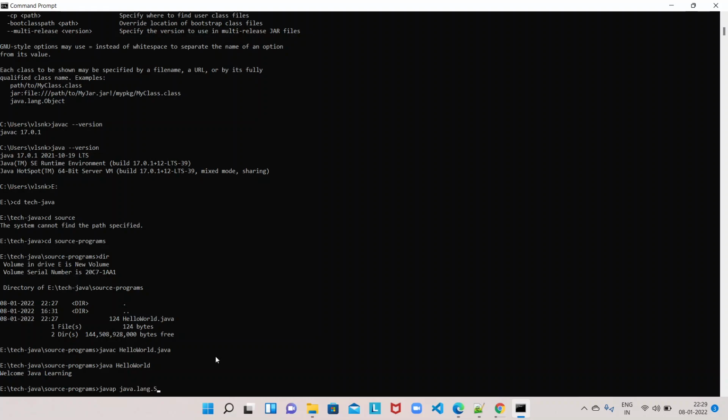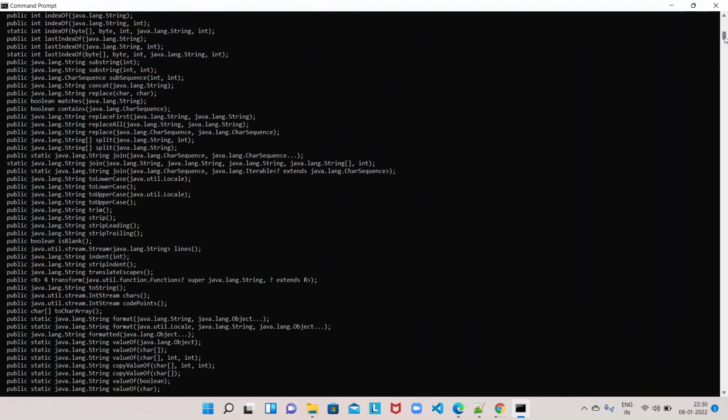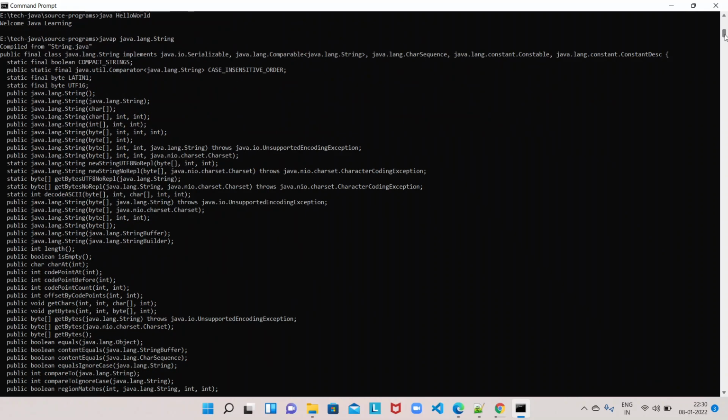See, this is one of the classes present in your Java libraries. Okay, javap java.lang.String. So the fully qualified class name we have to pass to the javap command. See, these are all the methods present in that String class. So this is what we get from the javap command.